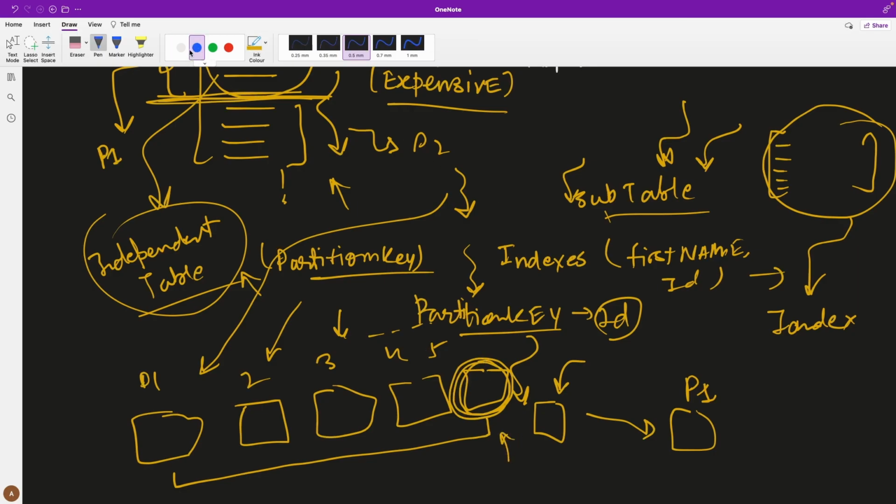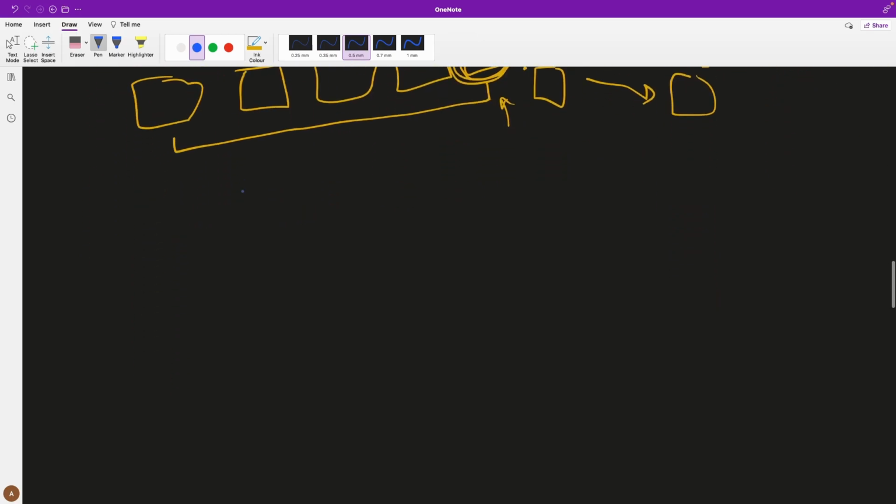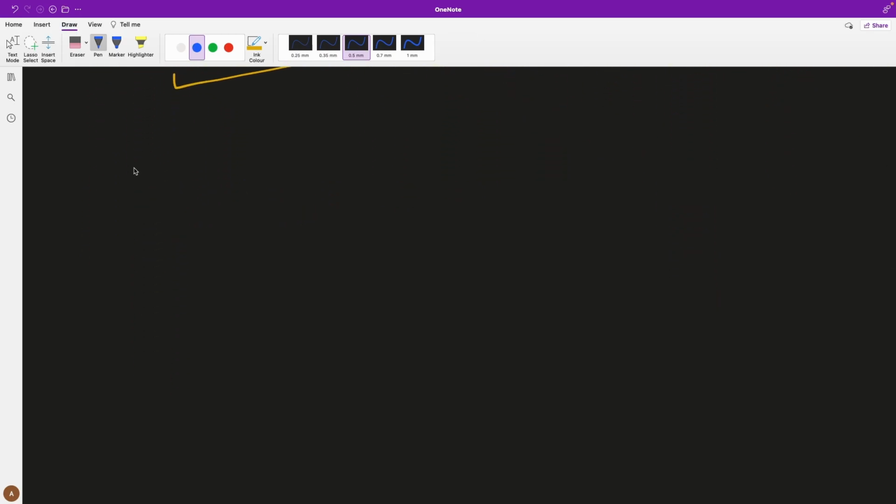Another topic is database sharding. Database sharding is like partitioning, but when we create the partitions of a particular table, these partitions will not live on a single instance, they will go to different instances.